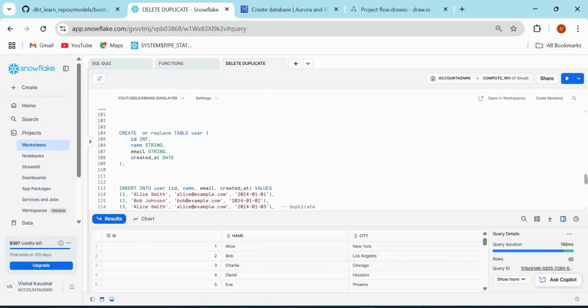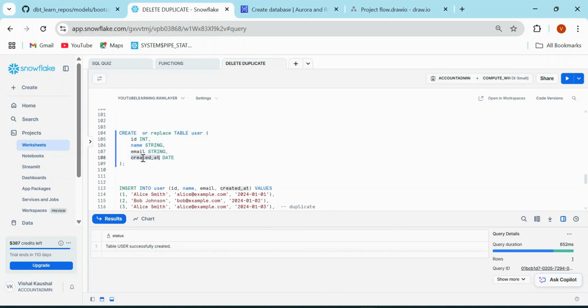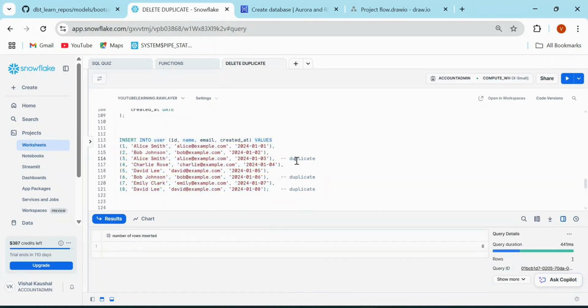For that, I'm going to create one more table with one unique ID column. So I have this user table where I have ID, name, email, and created at. Okay, and then I'm inserting a few records. If you look very closely, I have marked those duplicate records also. These are Ellis, Bob Johnson, and David Lee. Basically this Ellis Smith is duplicated, David Lee and Bob are the duplicated ones, but